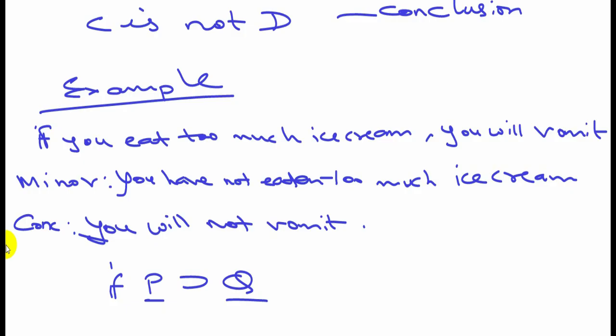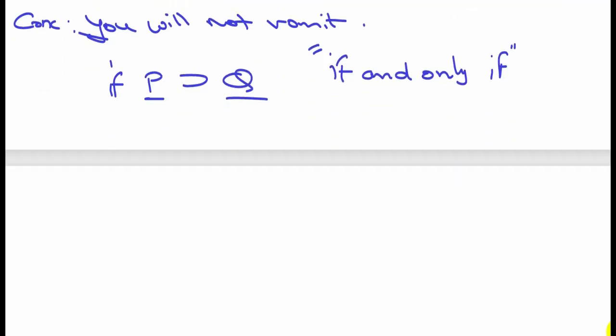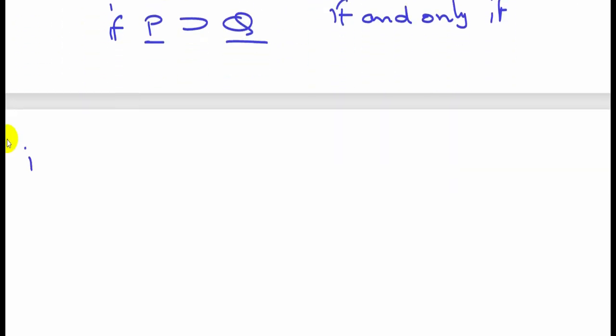So, in that case, the expression 'if and only if' will be put before the antecedent, indicating that the condition stated in the antecedent is the only condition. So, for example, if and only if